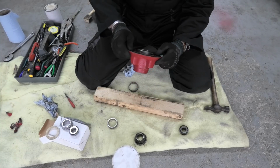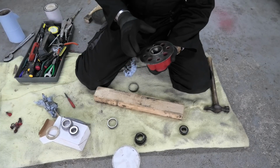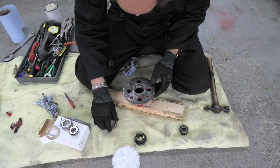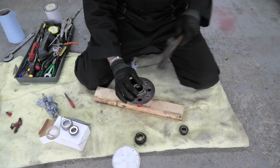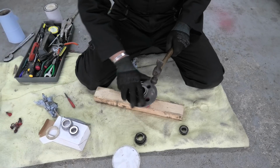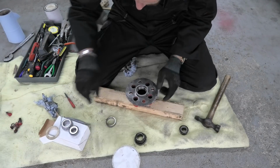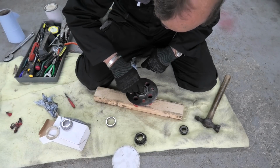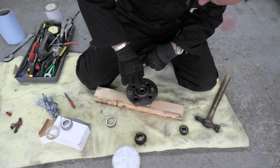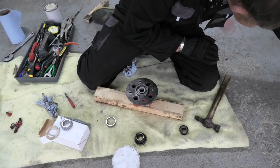Just give it a check. Yep. That's right the way home. Couple more taps for luck. Perfect. Right, try that. That's it. Right,